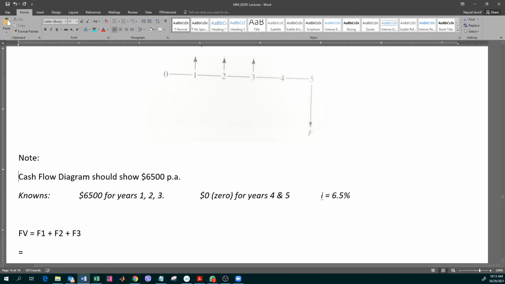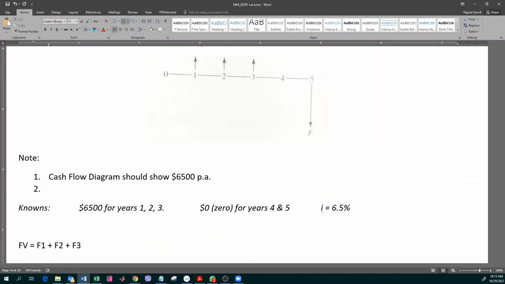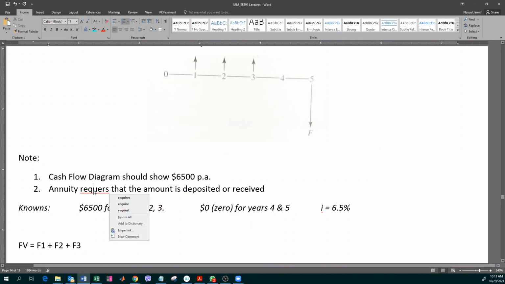When we use annuity, annuity requires that the amount is either deposited or received. It can be either way. Annuity can be pointing upwards or it can be pointing downwards. It requires that it should be deposited or received